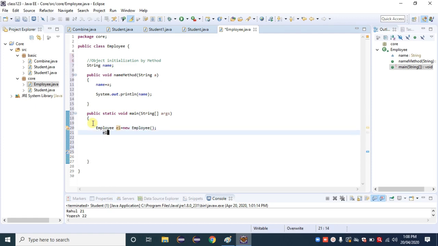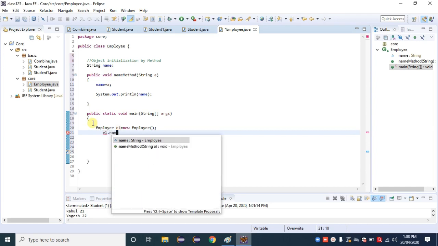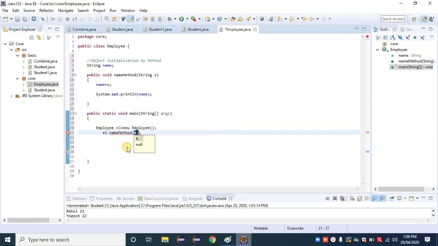E1 dot name method. Java asks us what a is, which is a string, and asks us to provide a value for a. Here I am providing the value Amol.